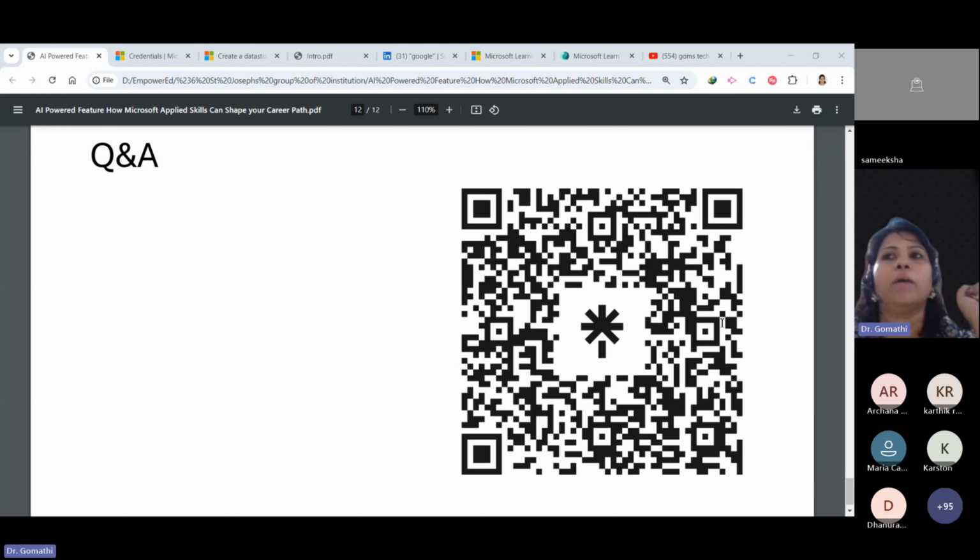But if you complete the MCQ, that won't give you the certification. Only if you complete the 2 hours of assessment, you will get a certification. That is the one point. I'm talking about the applied skills. Applied skills is like they give you a situation, a scenario, and you have to try it.